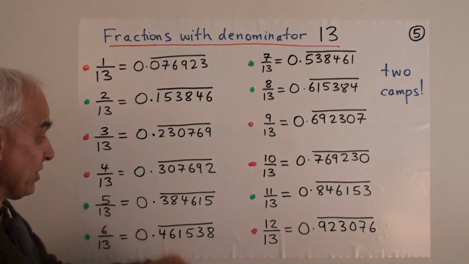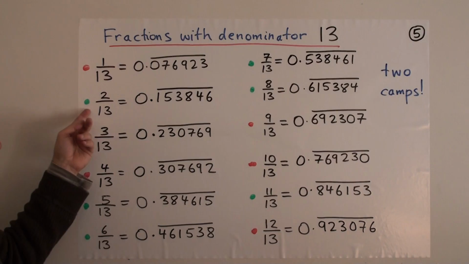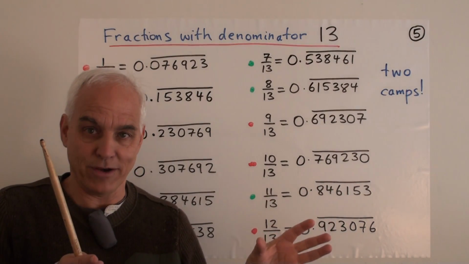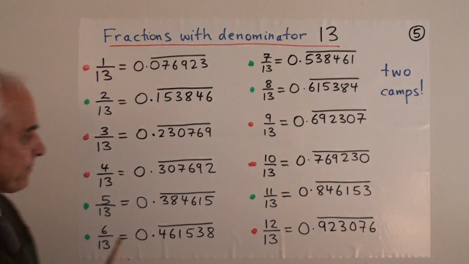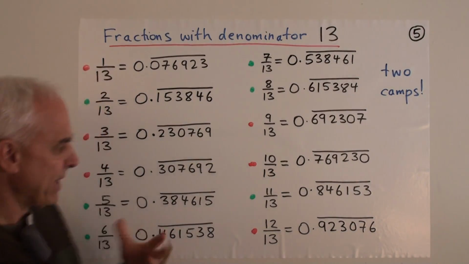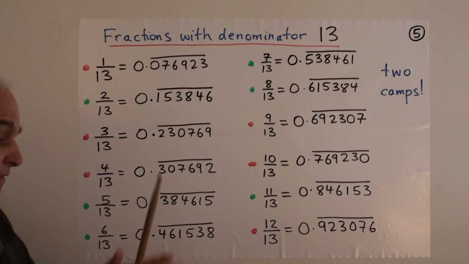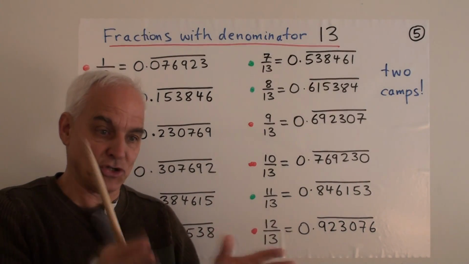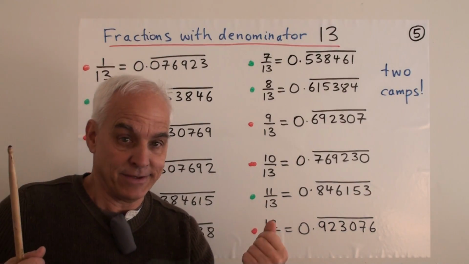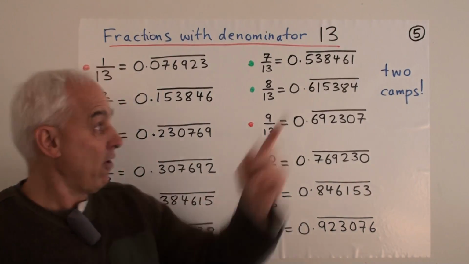And now the green ones, though, are going through rotations of this other cycle that's quite different from the first one. And there's 6 of those as well. So there's a pleasant kind of story here, but definitely we're in two different camps. There's two different sort of parallel things going on in terms of generating these decimal digits for reciprocals involving 13 in the denominator.